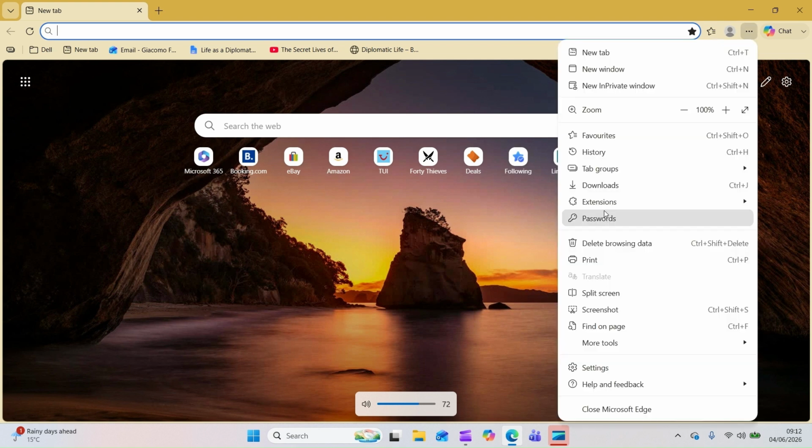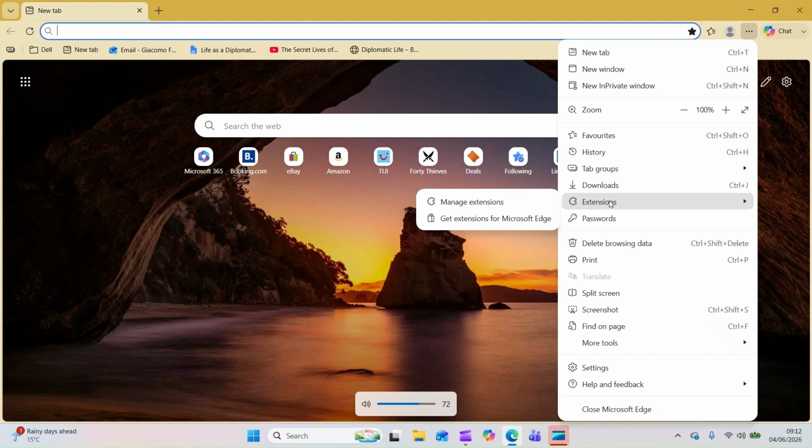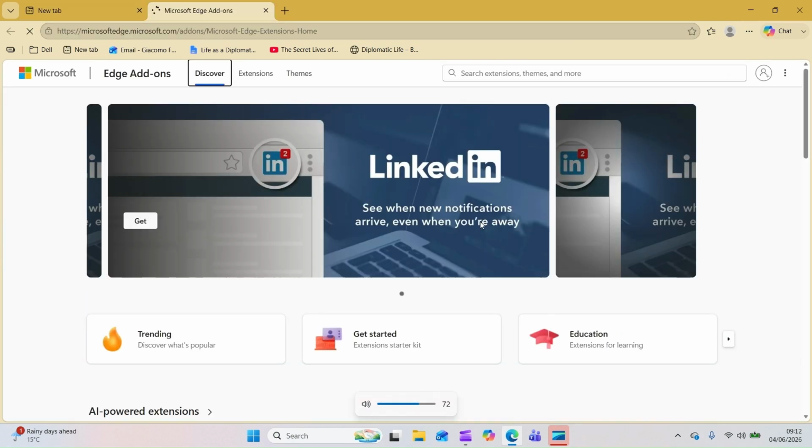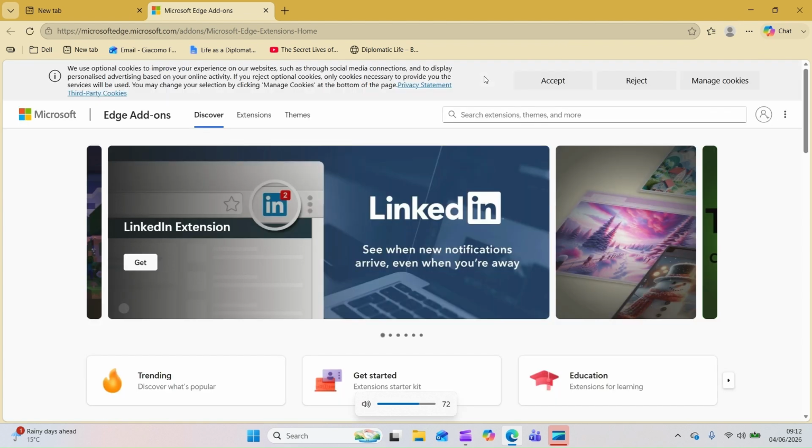So you will need to go to extensions and go to the shop for the extension. For example, in Chrome it's called the Chrome Web Store. Here on Edge, you just go to the three dots, extensions, and you go to get extensions for Microsoft Edge. So you will go to the shop for extensions,